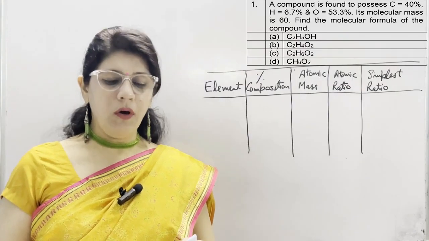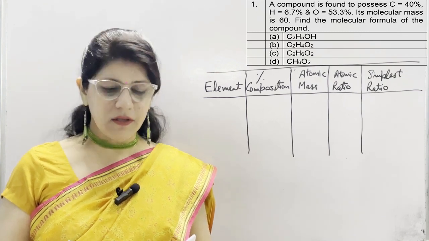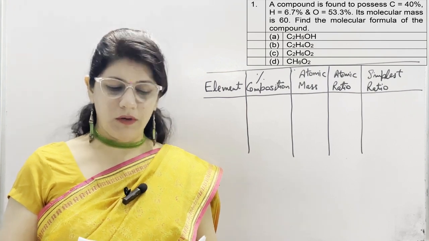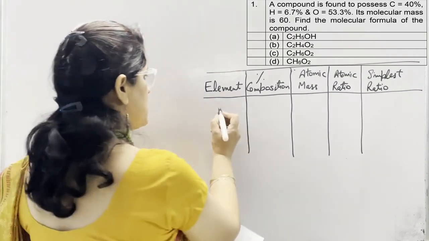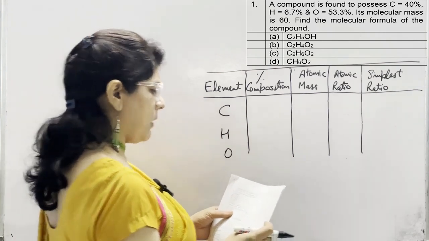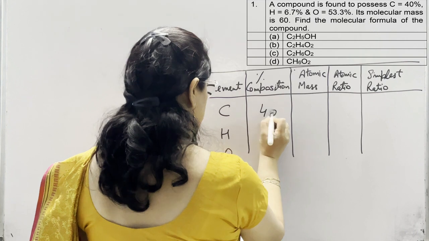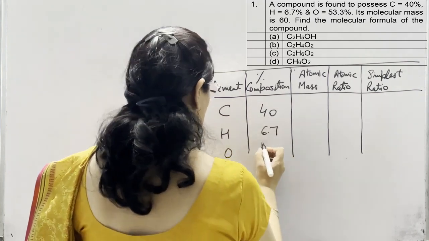Coming to the first MCQ, a compound is found to possess carbon, hydrogen and oxygen. Their percentages are given. Its molecular mass is 60. Find the molecular formula of the compound. We need to draw the table here. Three elements are given which are carbon, hydrogen and oxygen. It means an organic compound is given. So the percentage composition given is carbon 40%, hydrogen 6.7% and oxygen